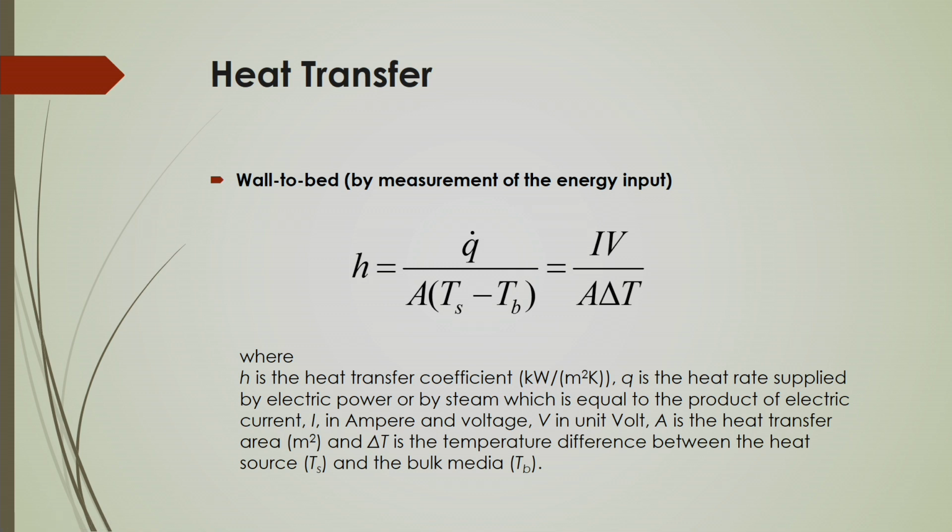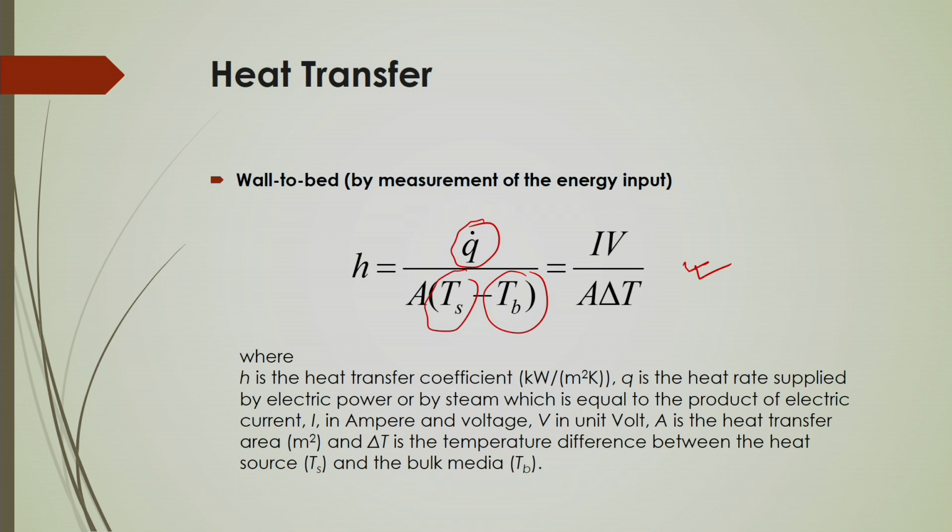Again, you can calculate the heat transfer characteristics in this downflow system. That heat transfer coefficient you can calculate by this equation, which gives the heat flux, if you know Ts and Tb. Here H is called the heat transfer coefficient, Q is the heat supply rate, and this may be by electric power or by another system, I is the current in amperes, V is the voltage, A is the heat transfer area, and delta T, that is Ts minus Tb, is the temperature difference between